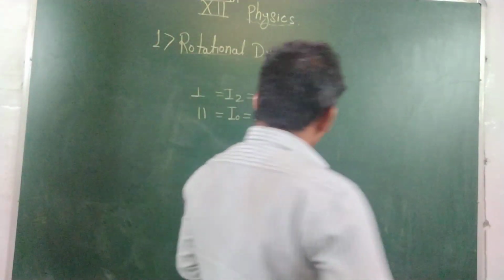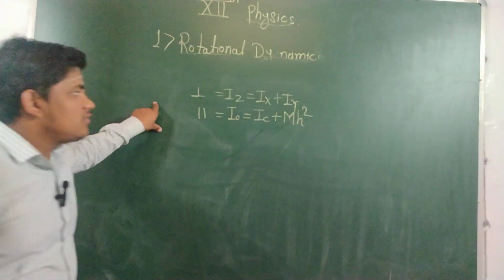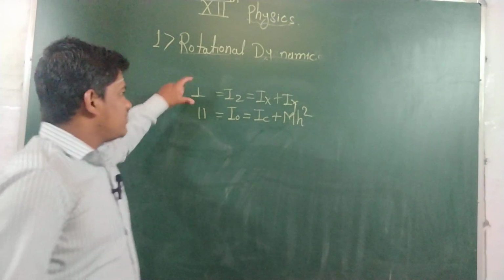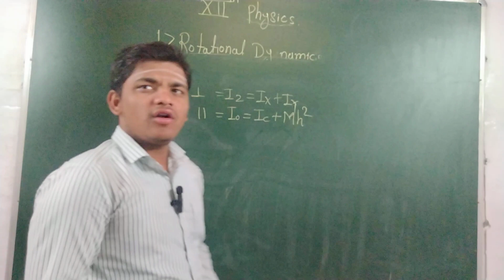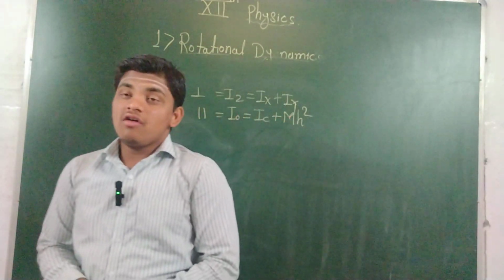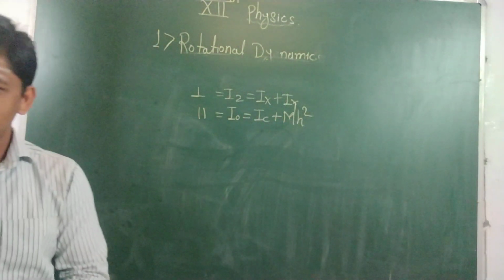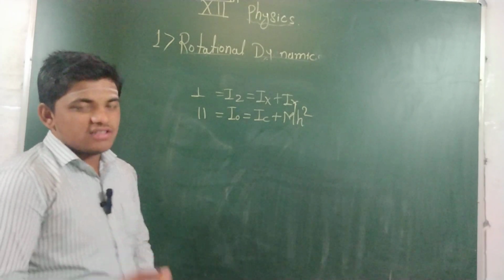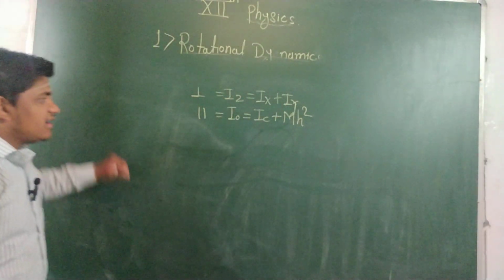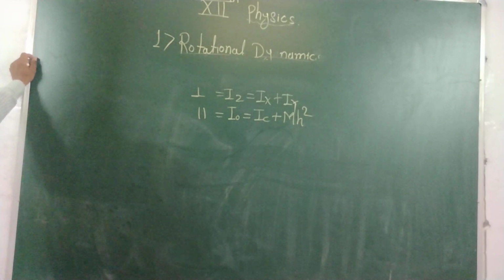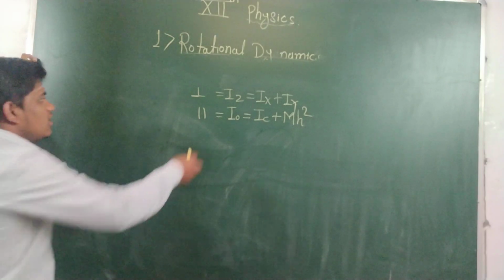This is all about the two theorems which will be discussed in these topics, and we start applying these two theorems to find the moment of inertia of different objects having different axes of rotation. In the previous lectures we discussed the bars and rings, finding the moment of inertia of the bars and rings having different